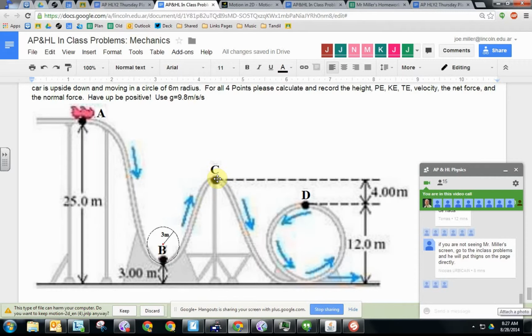At C, what happens is we need a downward force, and gravity might not be big enough to make a circle because at C, it's also going in a circle at that moment if you think about the top of the track. And if you've been on a roller coaster, when you get to C, that's when you come shooting out of your seat, right? This is when, if you don't have the seatbelt on, you're going to die because as the roller coaster goes over the top of the hill, you go flying off into space. And so you need to have your seatbelt on because the normal force actually has to